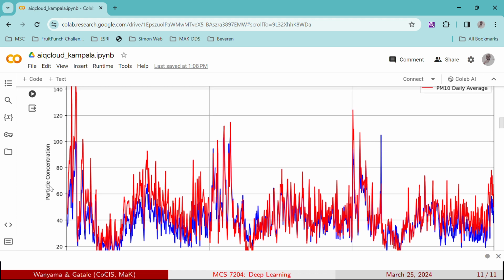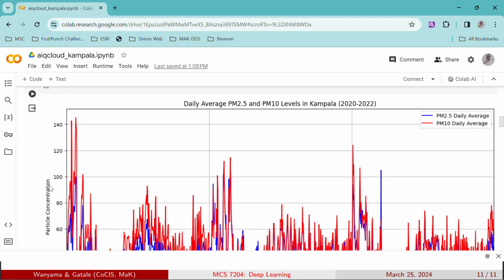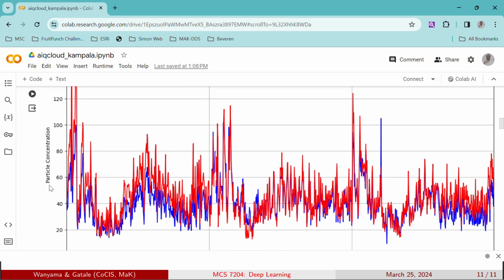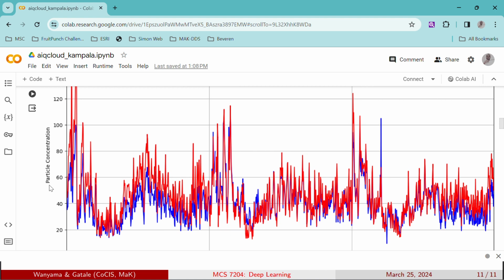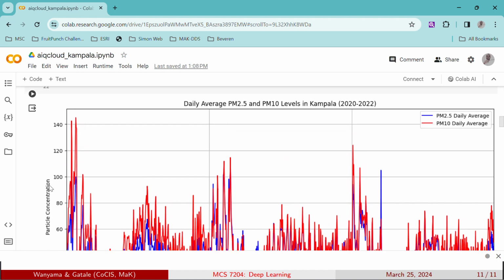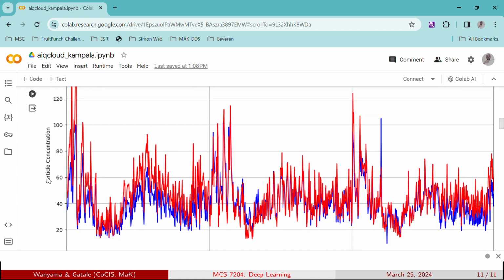As you can see in the graph here, you can see the data average PM2.5 and the PM10. The PM2.5 is represented by the blue, and then PM10